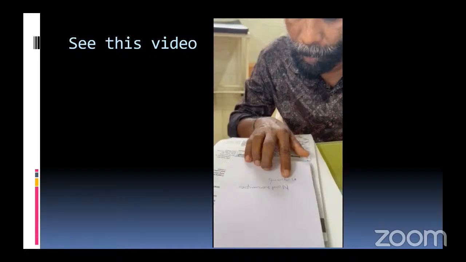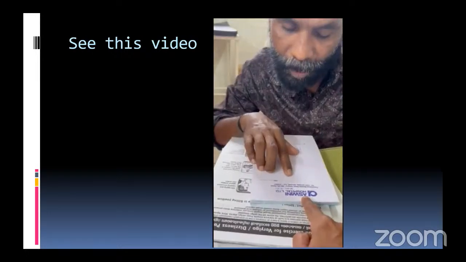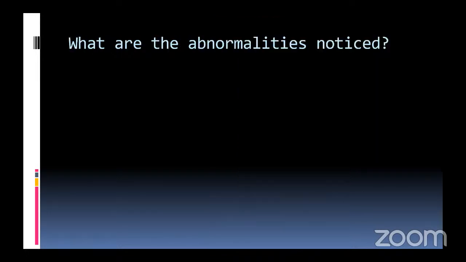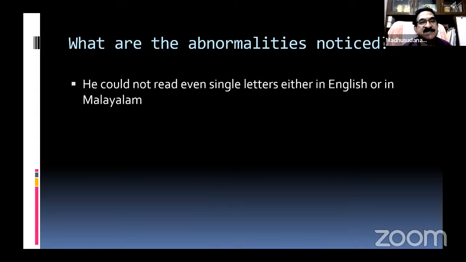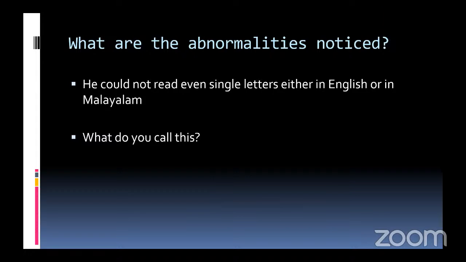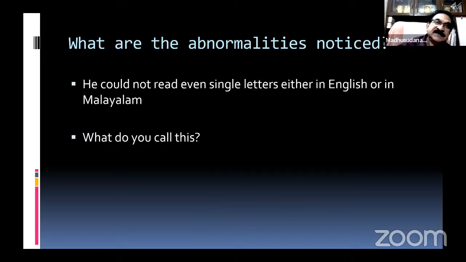Alexia without agraphia. Perfect, right. So he could not read even single letters, either English or Malayalam. What do you call this kind of alexia? Alexia without agraphia, a disconnection syndrome. That's correct. In the alexia itself, this is called global alexia, in the sense that he cannot even read